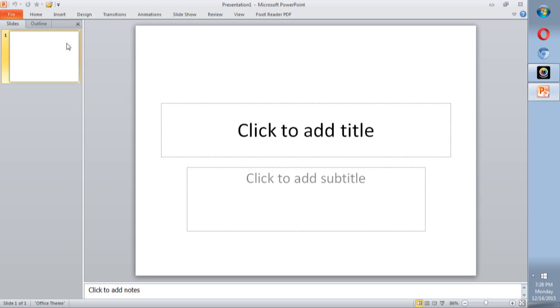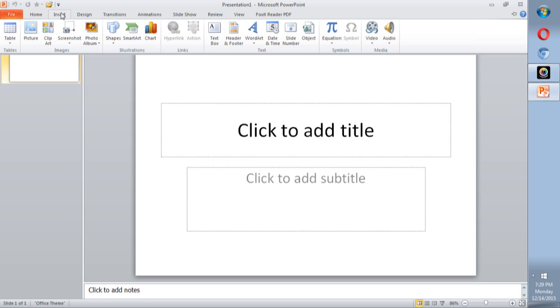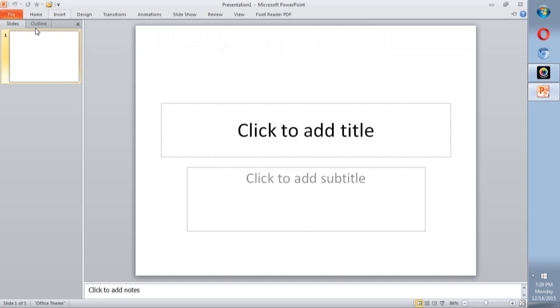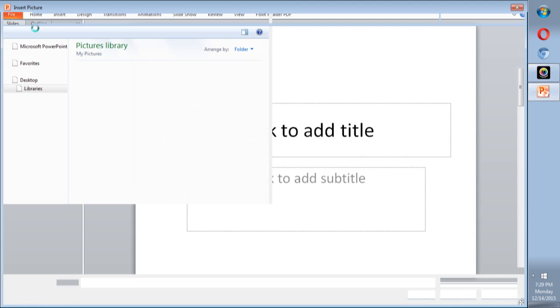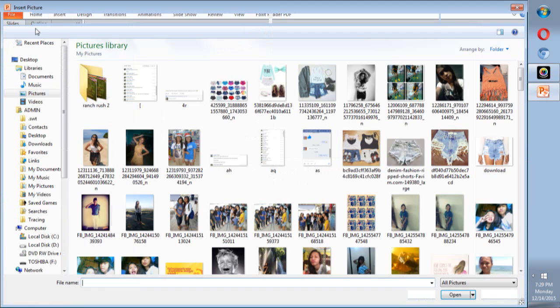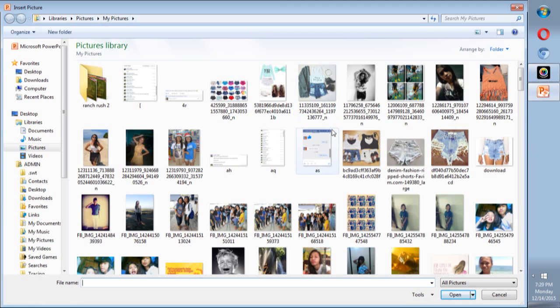You can go to Insert, click the Insert button and click the picture. Sorry about this, it is too loud.